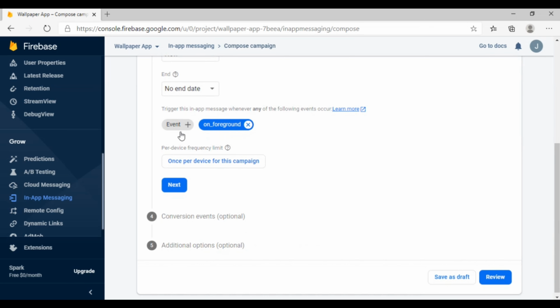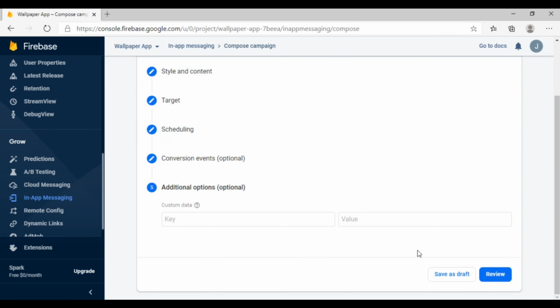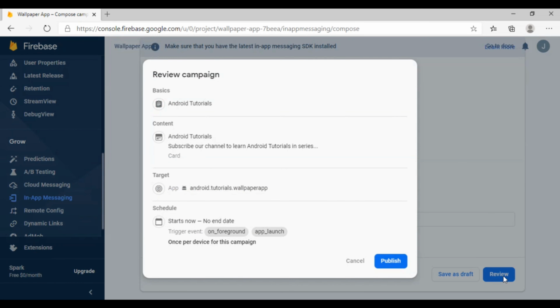When we have to show our in-app messaging, we are going to use on app launch, and then next and review. When you click on review, you will find the publish button, and as you publish, your in-app messaging campaign will be activated. Now let me show you with modal.